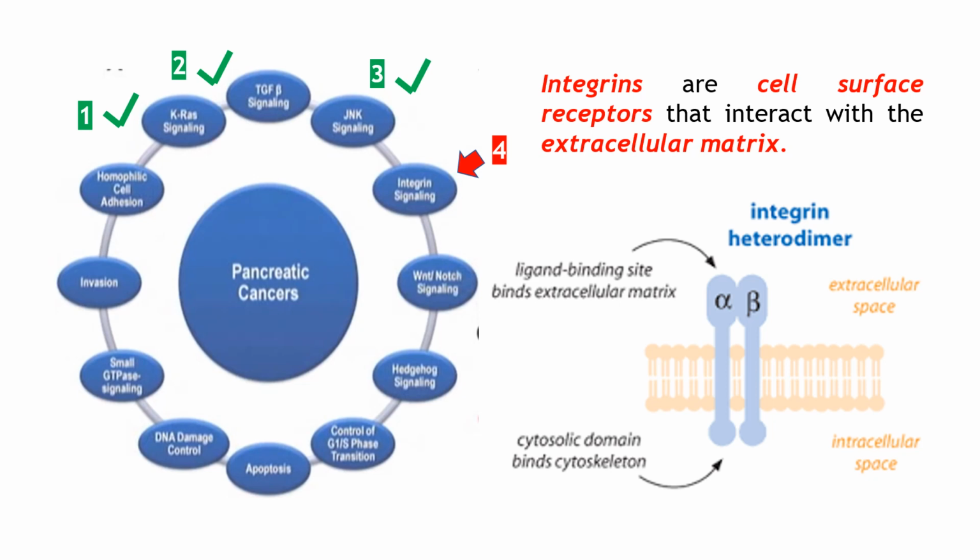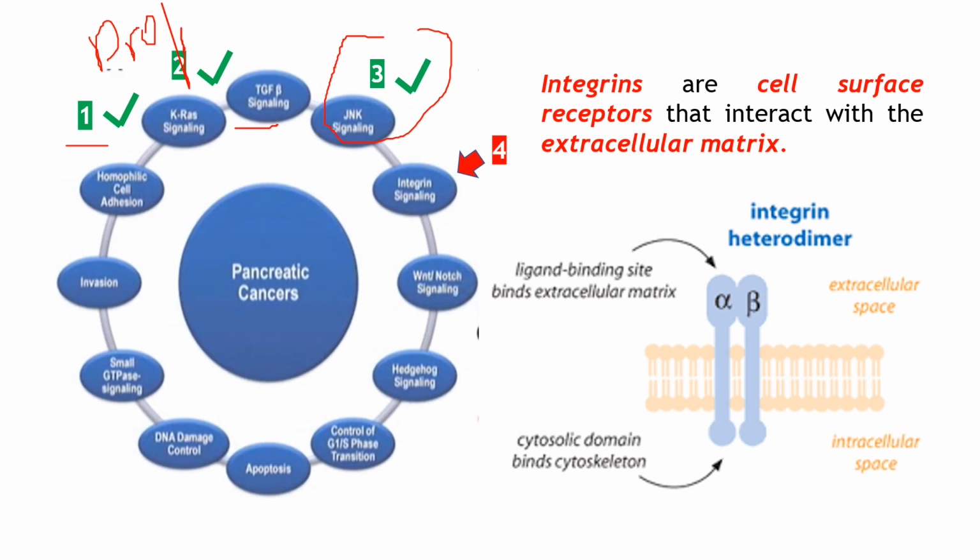Okay, so remember, we talk about the KRAS signal and the TGF beta signaling, and those two are involved in proliferation and in invasion and in multiple functions. But these are the ones that are related to cancer. Here, the JNK pathway is involved in the opposite process, that generally is involved in the signal to generate apoptosis,